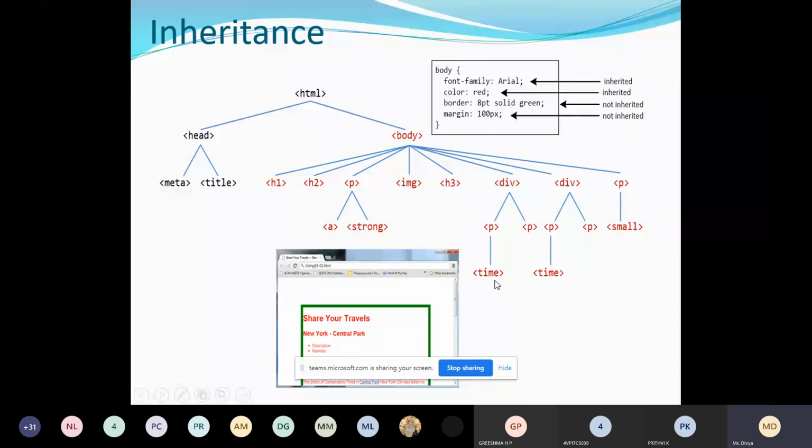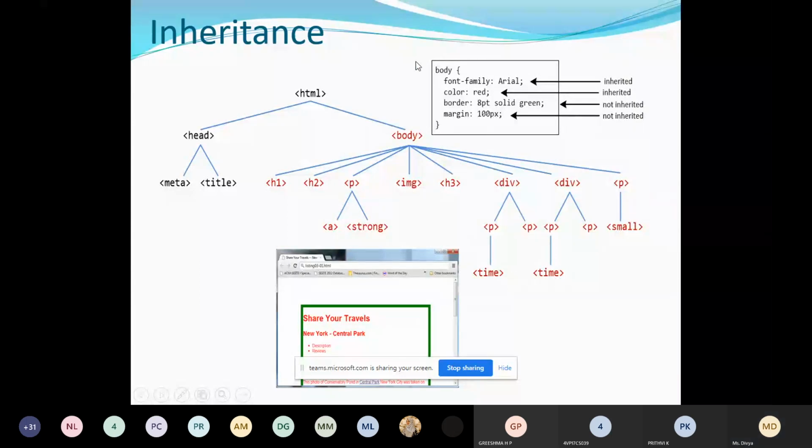The time tag will display the content somewhat in italic format, so you can make the difference from the other content. Like this we have different tags.